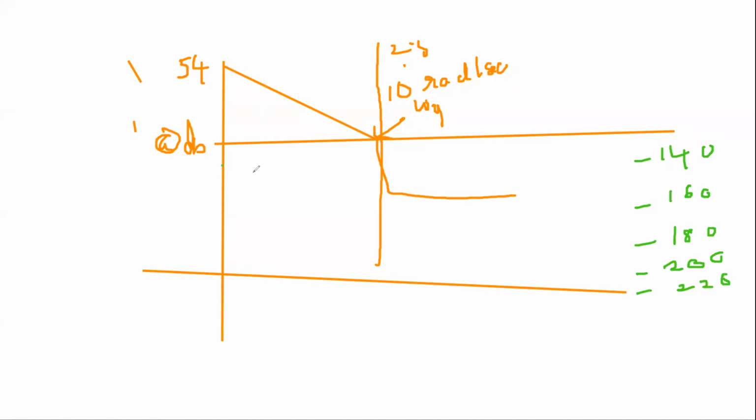For omega is equal to 0.2, what is the angle? For omega is equal to 1, what is the angle? For omega is equal to 2, what is the angle? I have to mark all those angles and draw a line according to the angles and the frequencies which are present here. Corresponding to each frequency, I have to draw a line. So I will be getting the phase angle plot.